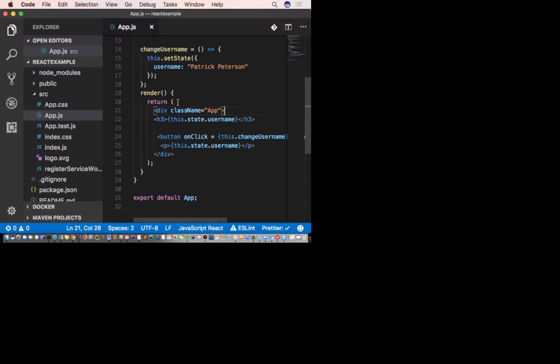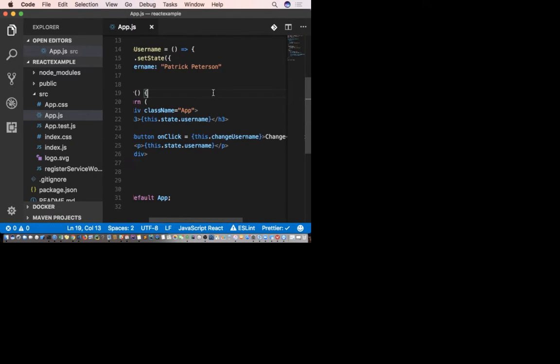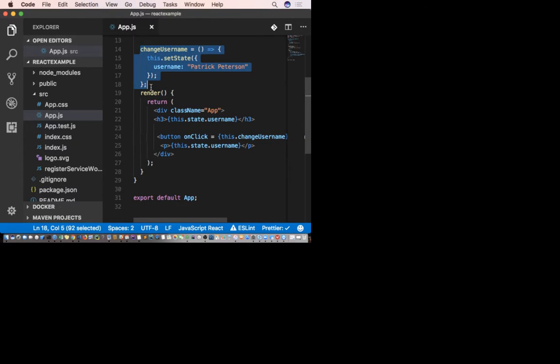Remember, the username is from the state. The only way to change it is by using this set state. And here's what I'm doing. When I click this button, I am firing this function, which means I'm invoking this function.